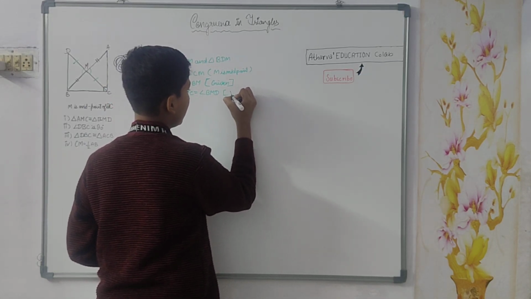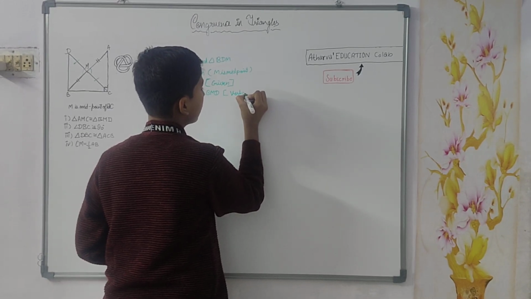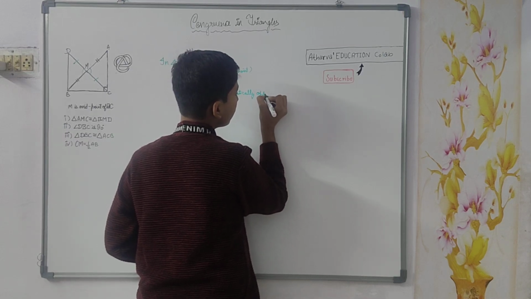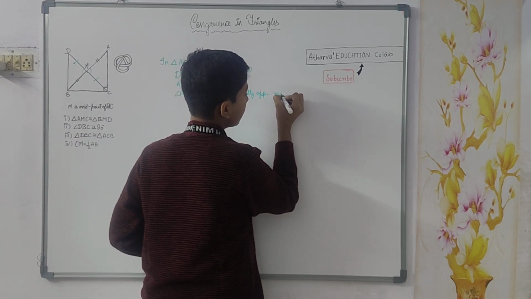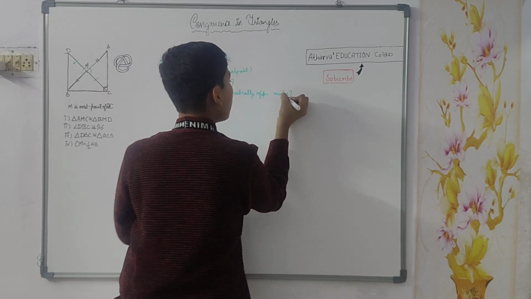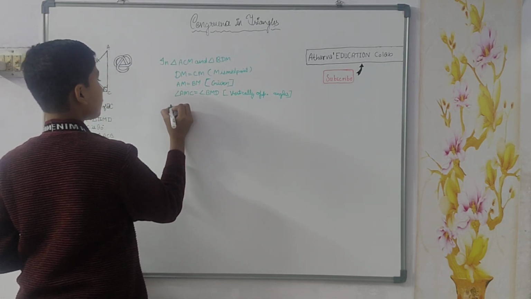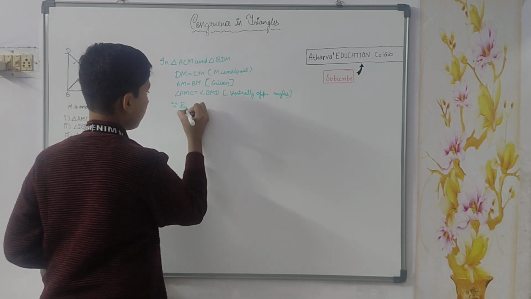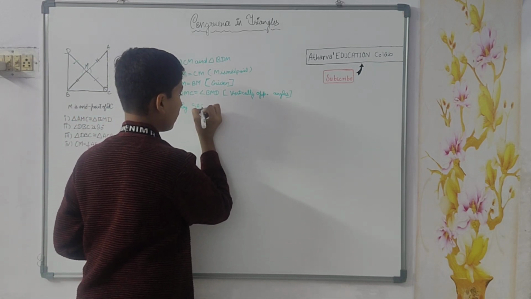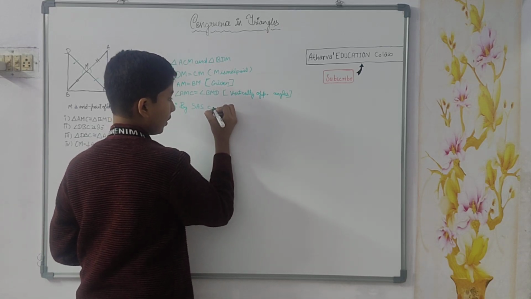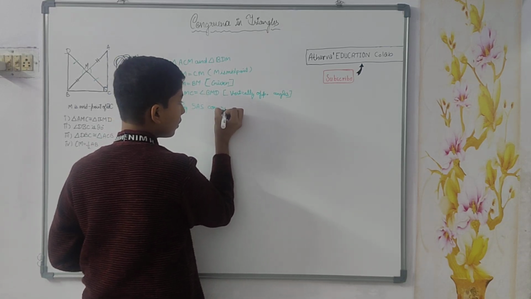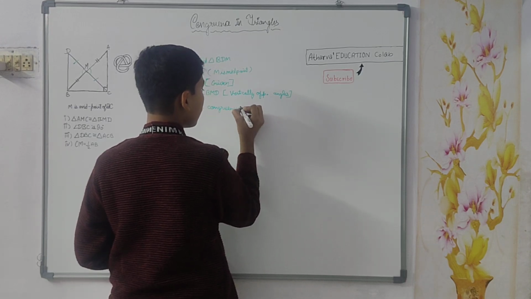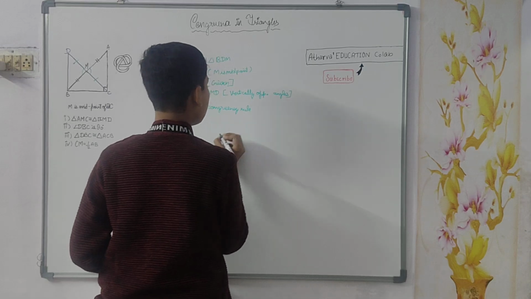Because, in bracket you will write, vertically opposite angles. Okay. Now therefore by SAS, side angle side congruency rule,